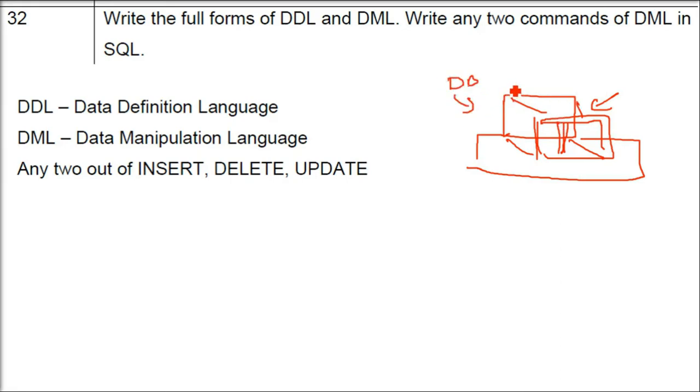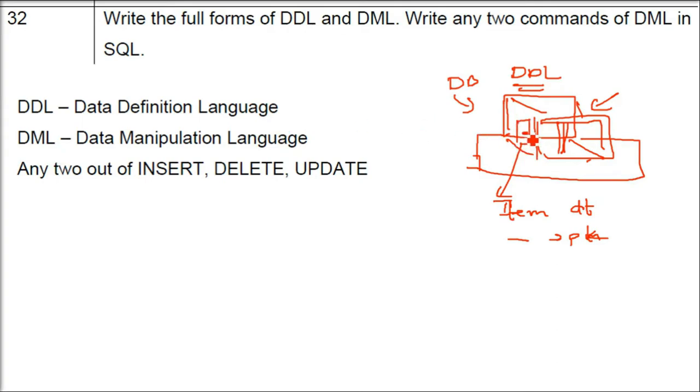If I take it as a database, when you make a database, you will use data definition language. Data definition language is for creating a database, for the architecture of the database. You will tell what the item is in the database, what the data type is, what the primary key is. This is how you make a database. You create a database. But DML comes in the later part.